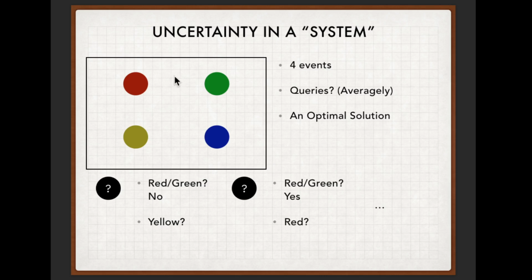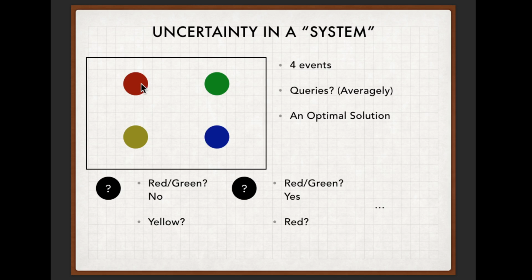Now in our questioning system, in the first question, we split the states into two halves. On the top half, you have red and green. The bottom half, you have golden, yellow, and blue. And in the next question, we pin down the particular color. In this way, you can figure out the state of the system in exactly two questions, which is a step up from the sequential way of formulating the questions.